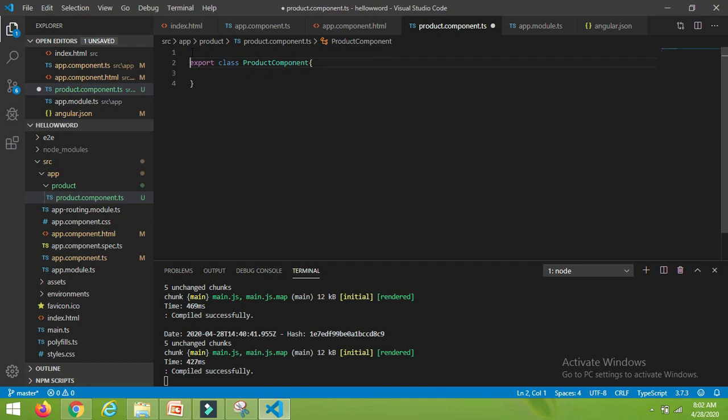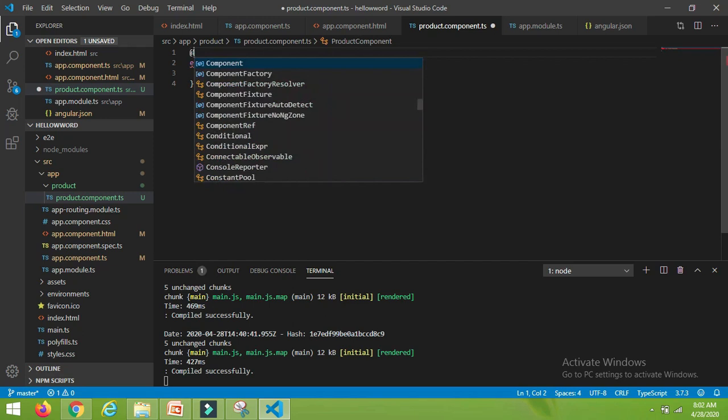Now as I earlier said, until and unless we declare a decorator above this class, it's not a component, it's a simple class. If you want this class as a component, we have to define one decorator above this class. So what is that decorator name? @Component.